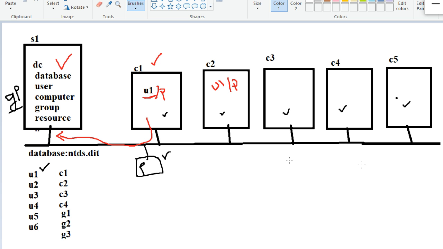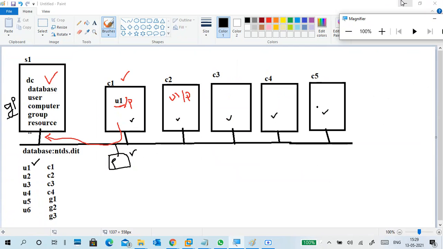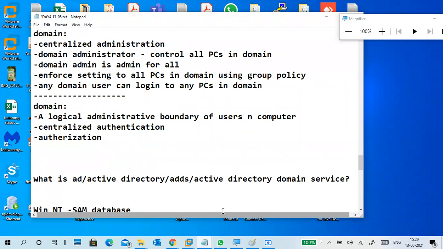So when you enforce a setting to the PCs, based on the PC or user, the setting will go to that one. If you want to deploy an application also, you can deploy applications to the PCs using group policies. Not only this, a lot of other things are also available, but up to now this is part of your Active Directory domain, as well as Active Directory. Other things are also there, but we'll see that later.